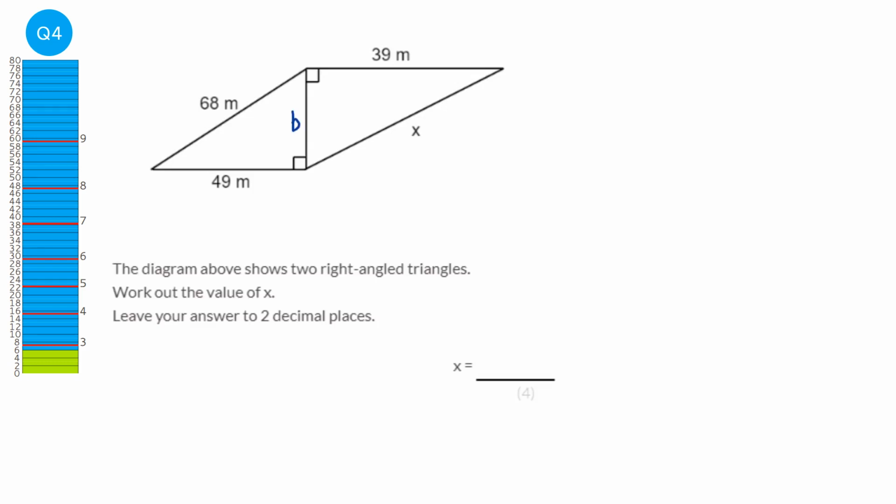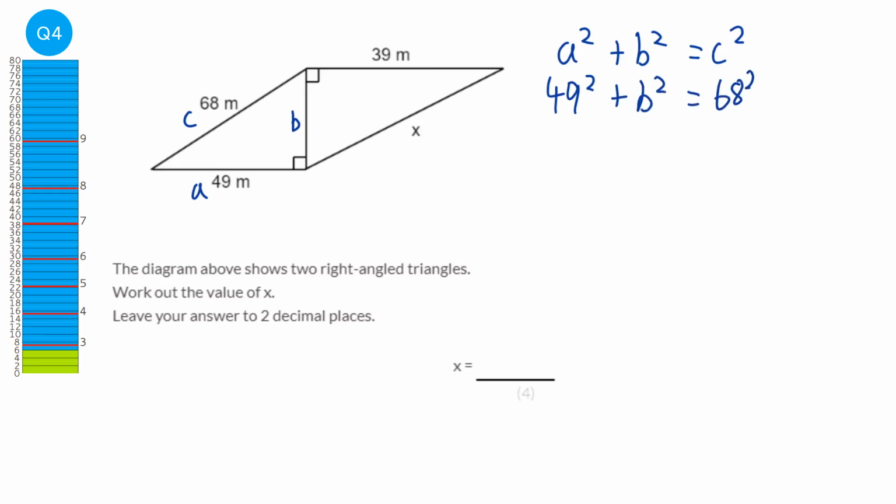And we know with Pythagoras we can find a third length if we've got the other two in a right angled triangle. So a squared plus b squared equals c squared. And a and b were labelled. C is always opposite the right angle, so it'd be 49 squared plus b squared equals 68 squared. And 49 squared is 2,401. And 68 squared is